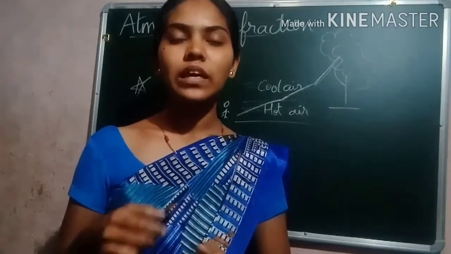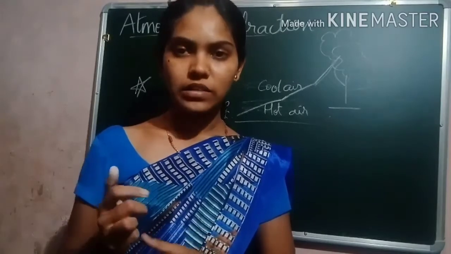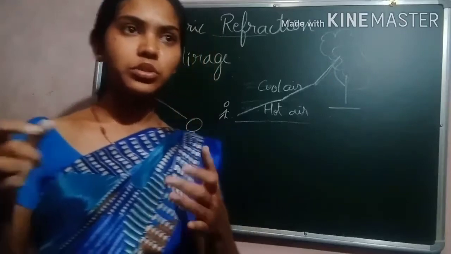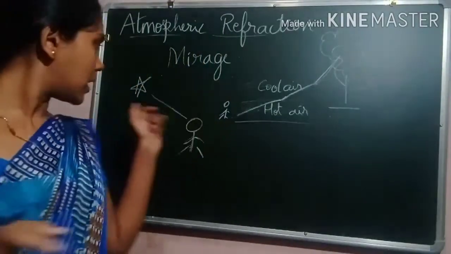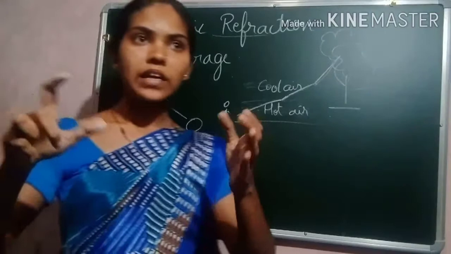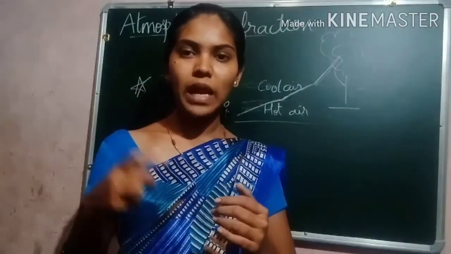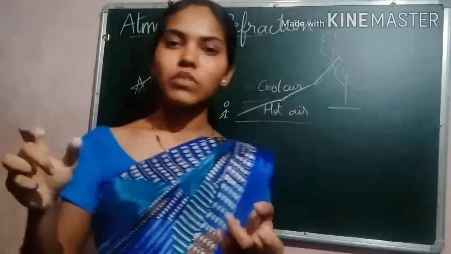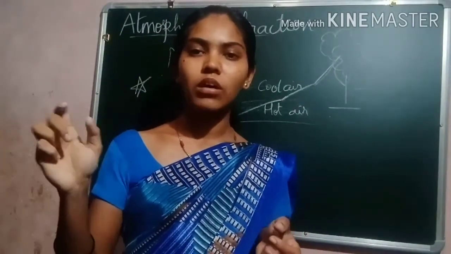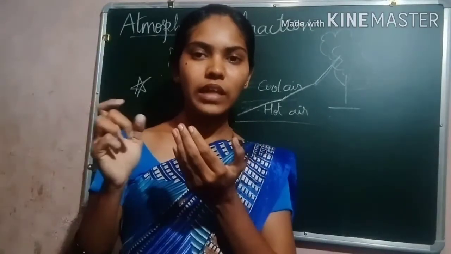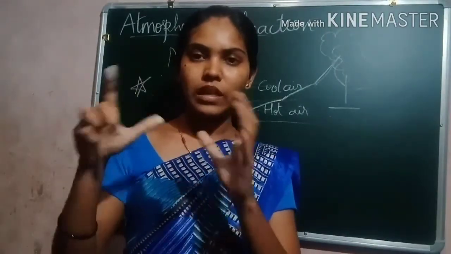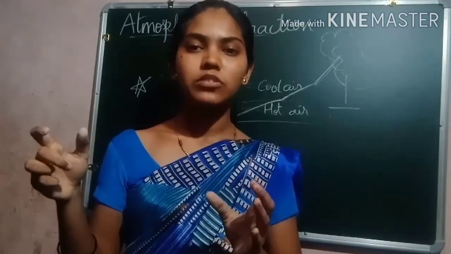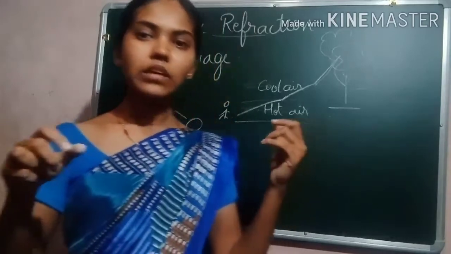So why don't we see the twinkling of the planets? Because they are closer to us, their size is not too small compared to these stars. The planets are closer to the earth as compared to these stars. That is why you don't see the fluctuation; because they are closer, they appear a little bigger in size. That is why we cannot see the fluctuation in the appearance of the planets.